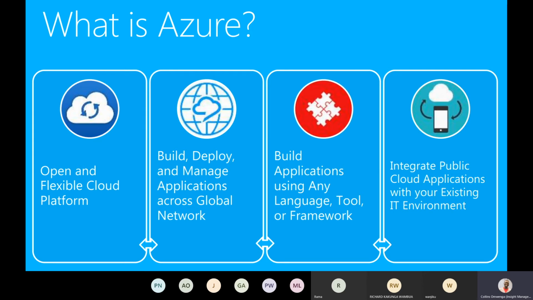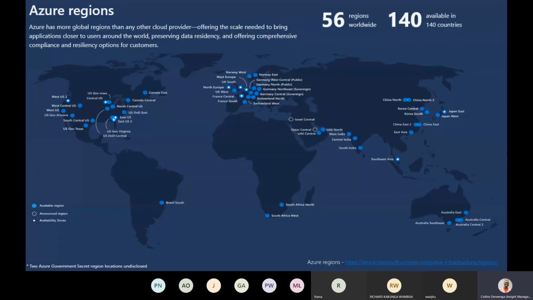Looking at how Azure plays out in terms of infrastructure, there are over 56 regions worldwide where Azure data centers and CDNs are deployed, and Azure is available in 140 countries. Ideally, Azure has more global regions than any cloud provider, and it offers a very good opportunity to scale across the world. I'll share this slide deck after the meeting. There is a link at the bottom right that gives you a little more detail about the Azure services distribution.